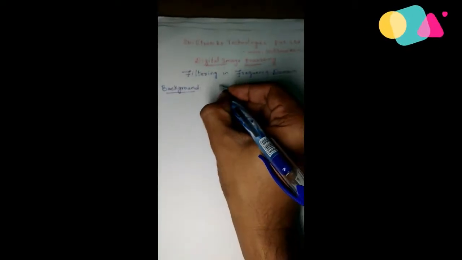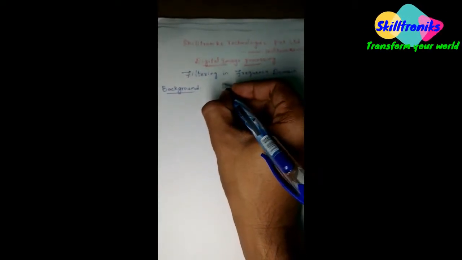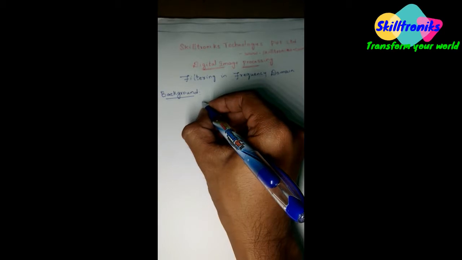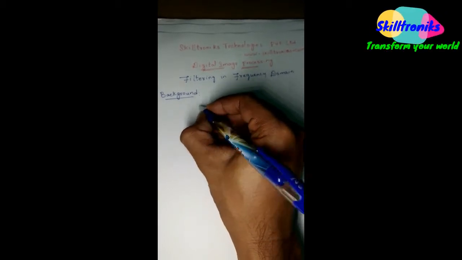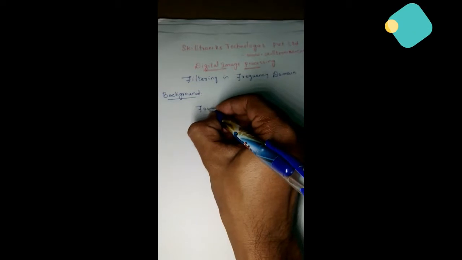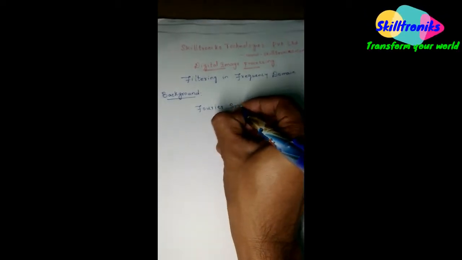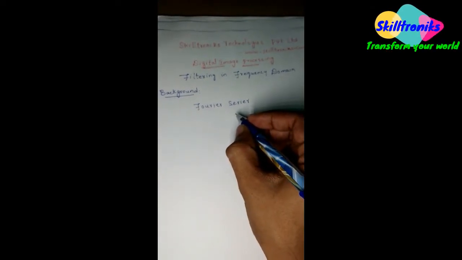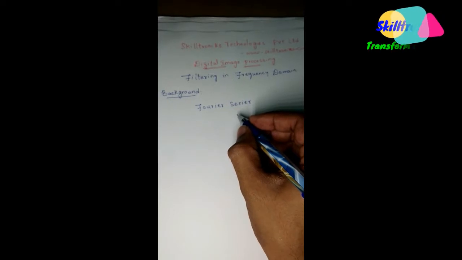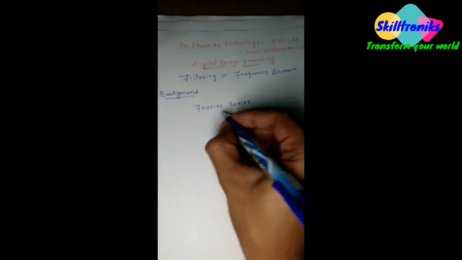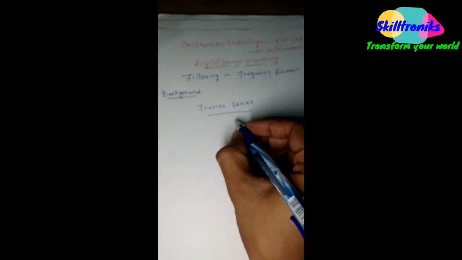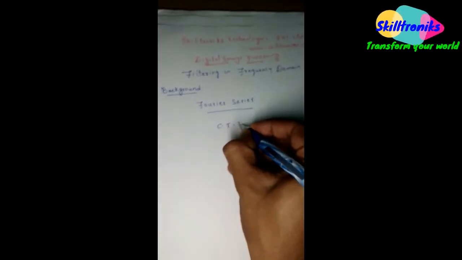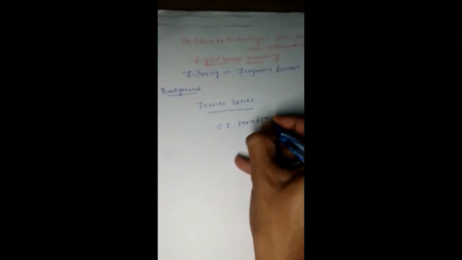Welcome back. Coming to the background of filtering in frequency domain. Let us start with the continuous time one-dimensional functions. We have a technique called Fourier series to find the frequency components present in a continuous time one-dimensional signal. By using this Fourier series, we can decompose any continuous time periodic signal